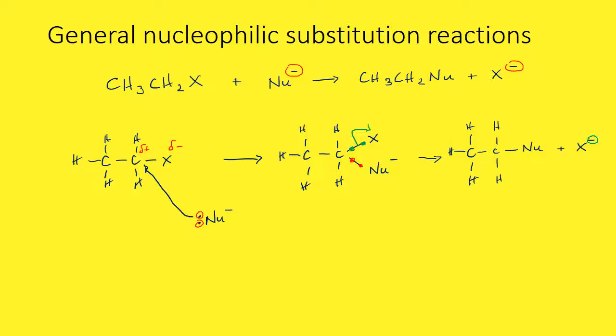Okay, so that is the general nucleophilic substitution reaction using X for halogen and Nu minus for the nucleophile. So what we'll do now is look at 3 types of reaction to make 3 different types of product. We can make alcohols in this way with this nucleophilic substitution mechanism. We can also make nitriles by starting with halogen alkanes,